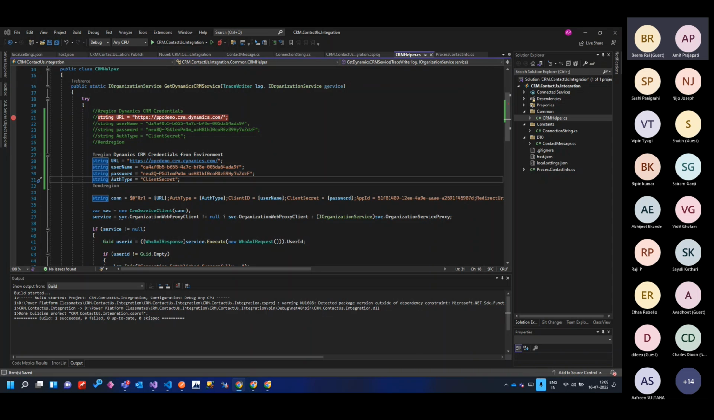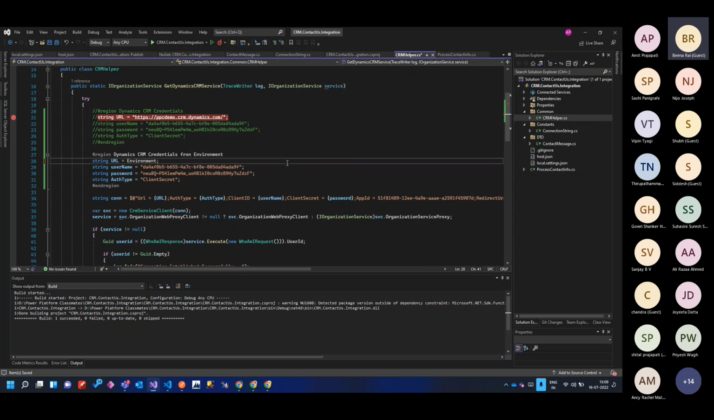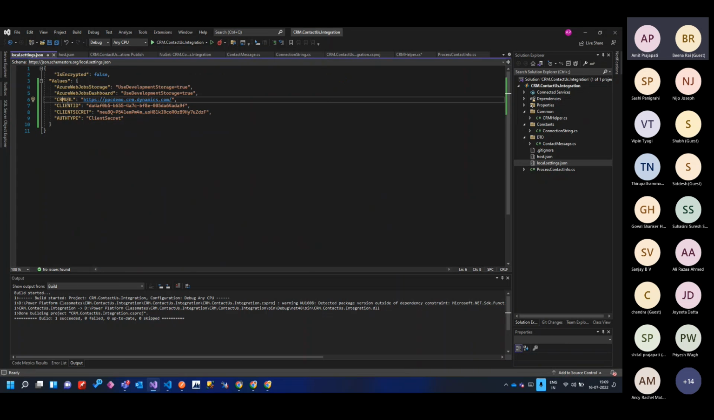So what you need to do is replace this with the environment dot get variable, and you just need to pass the key. So let's say this is, so what I'll do, I'll just quickly copy all this, copy, copy, copy, and I'll